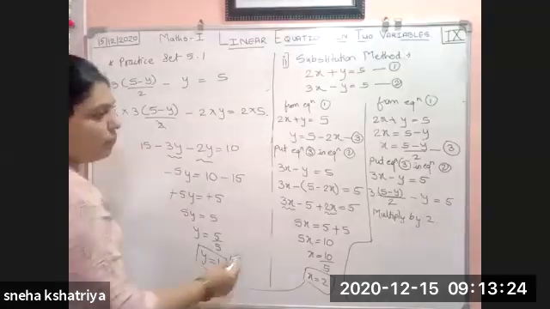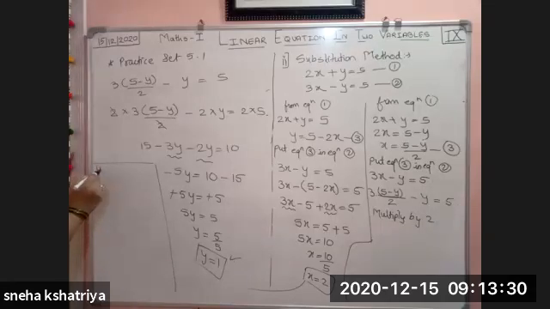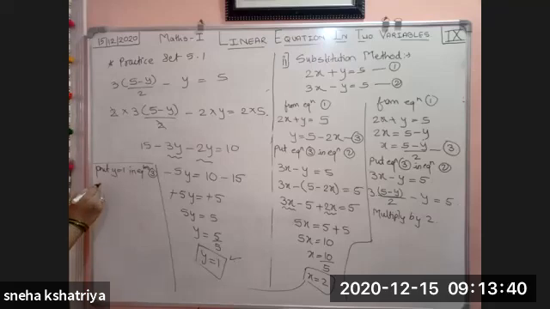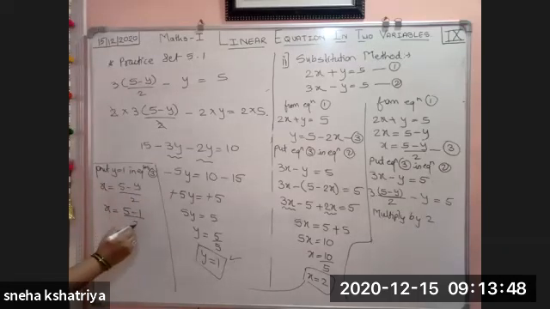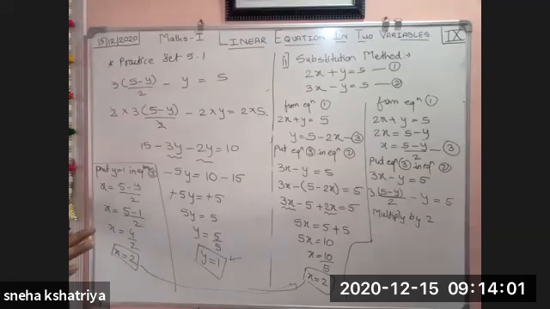If this y value we put in equation 3, put y is equal to 1 in equation 3. Third equation, put the value. So what is the third equation? x is equal to (5 − y) divided by 2. Put the value. x is equal to (5 − 1) divided by 2. x is equal to 4 divided by 2. x is equal to 2. Again, by any method if you go, your answer is the same. Your answers are not going to vary.